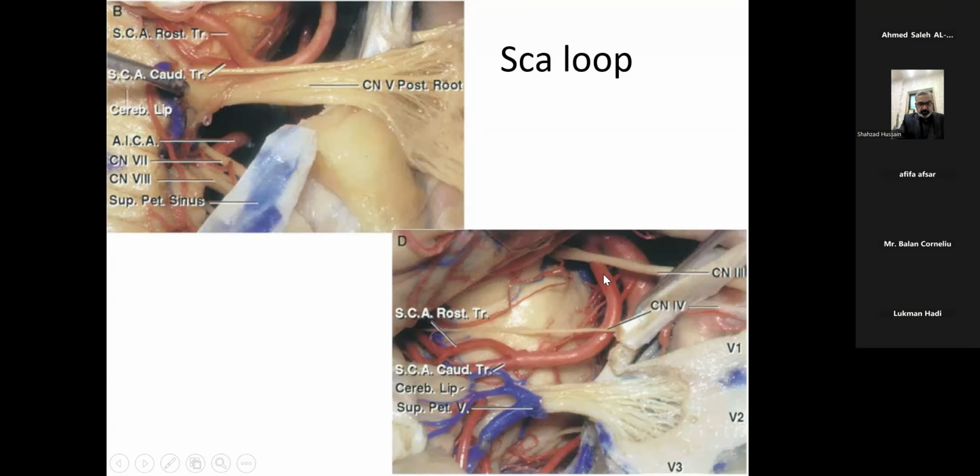Another view again shows the superior cerebellar artery, which has a medial bifurcation. This is the rostral trunk of the superior cerebellar artery, and this is the inferior trunk. In this case, this is the caudal or inferior trunk which is causing the trouble, and these are the superior petrosal veins present just at the junction of the root entry zone. This is to give a brief idea of how the vascular loops and vascular branches cause problems to the nerve, why it is important, and how to dissect it.